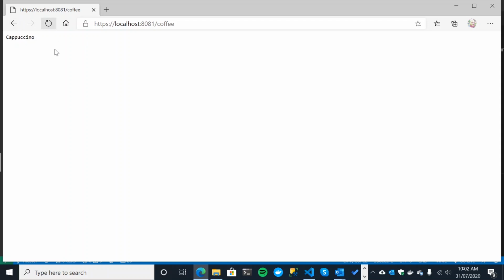So long black, cappuccino, and so on. Long black is randomized, okay? So we're going straight to the API on HTTPS. This is running within Docker, so a bit of config required there. You'll note the name of our controller.